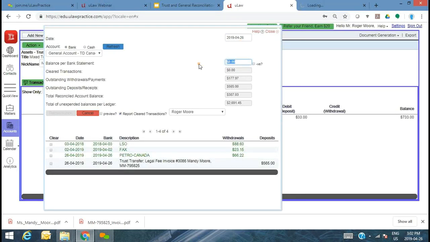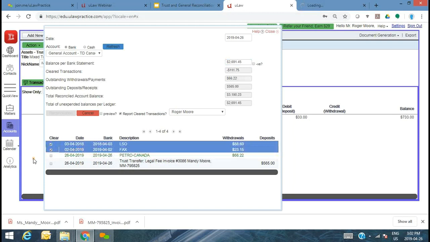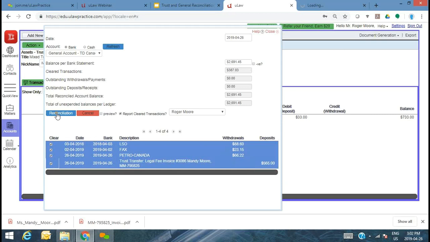Choose the date, have my balance, and if it's green, I know that it's already come from the bank, so I can almost blindfoldedly check them off. And did I have that deposit from Trust to General coming in on the 26th? And voila. Once the transactions and the numbers match, so the numbers, why that blue came about is because the outstanding balance in your bank matches with the expended ledgers. And here are the two where we calculate them. Okay, let me generate the general reconciliation.